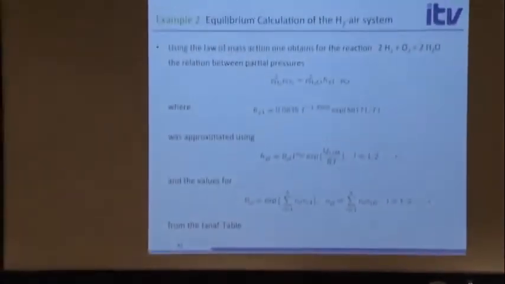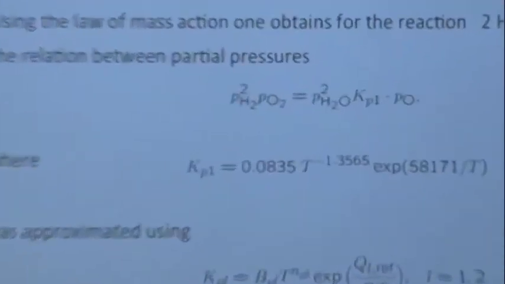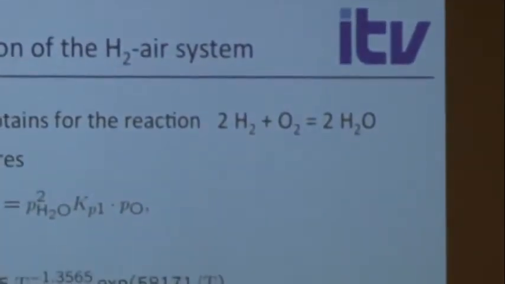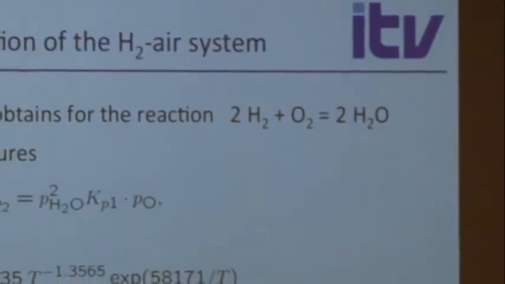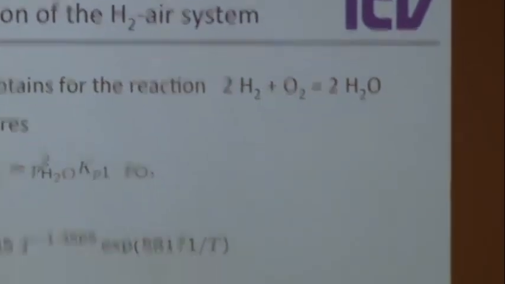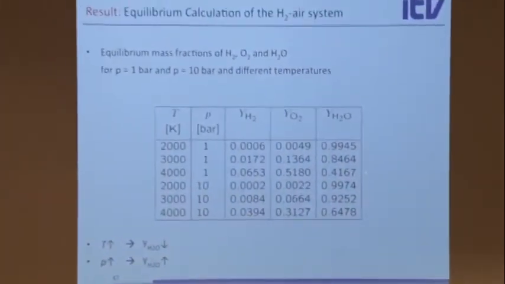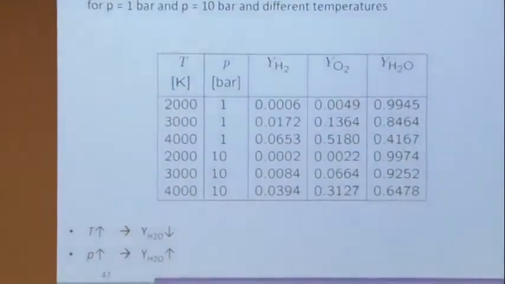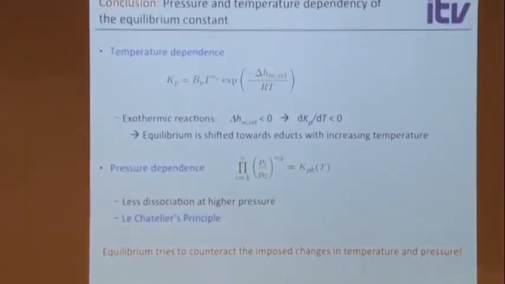Okay, and the same is true for the pressure effect. You see, I have 3 moles, which create 2 moles. So over this reaction, you have fewer moles, so the pressure would go down, and the reaction tries to compensate for this. Okay, so this is why you get more product as a result of this